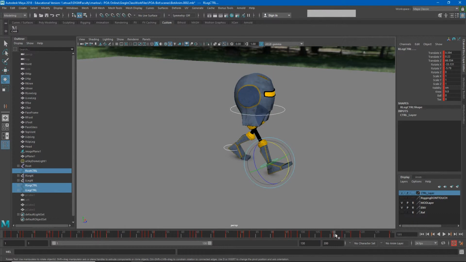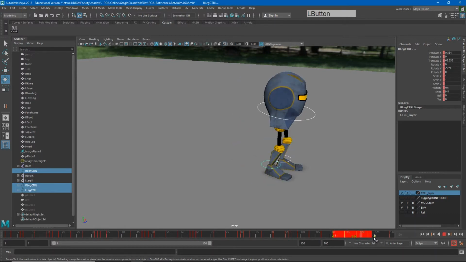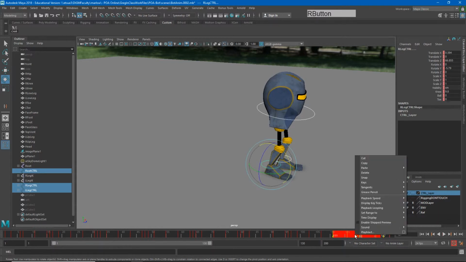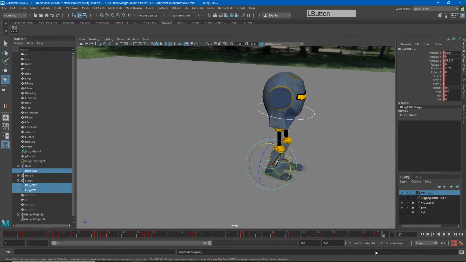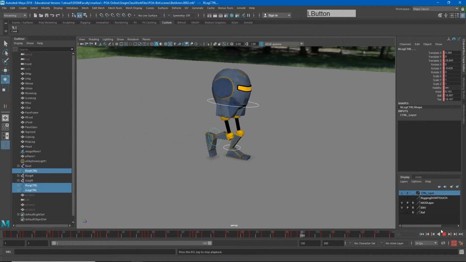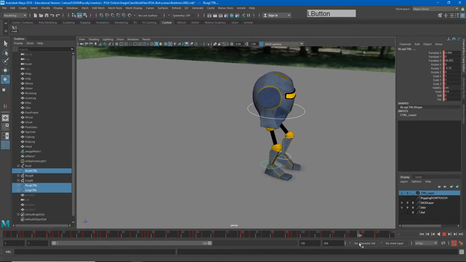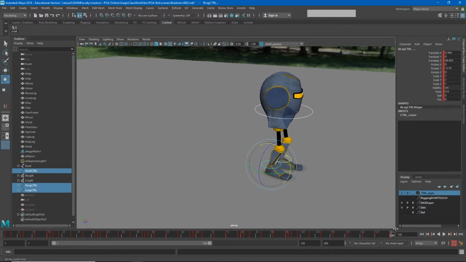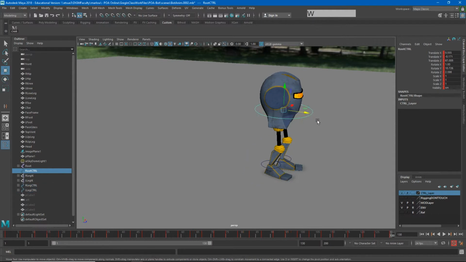So this is my last contact pose. I'll just highlight all of this and sort of stretch it out. Right click and say snap to keyframes. And let's see how that stop feels. Okay. Still needs some work, especially on that overshoot right there, which is on the character's